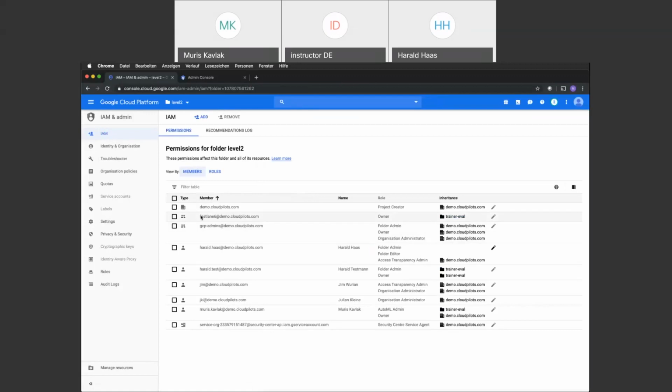Exactly, you see it: fastlane6 at demo.cloudpilot.com has the role owner, inherited from the folder above, trainer evil, and I cannot remove that role anymore. Now we have seen how that works. So you would actually go ahead and say, this user should be just my network